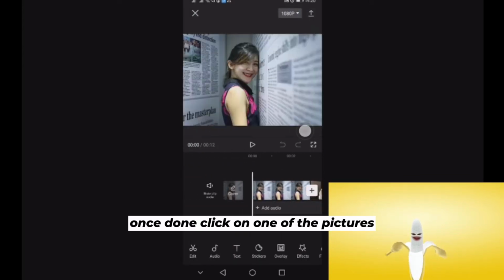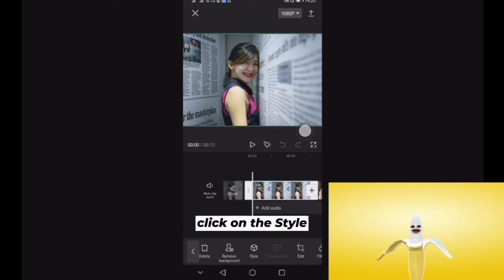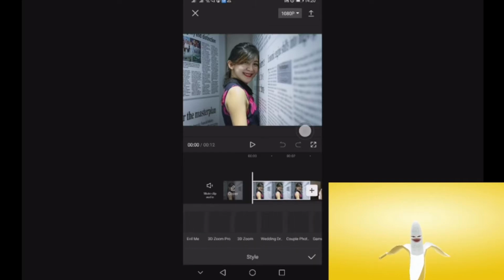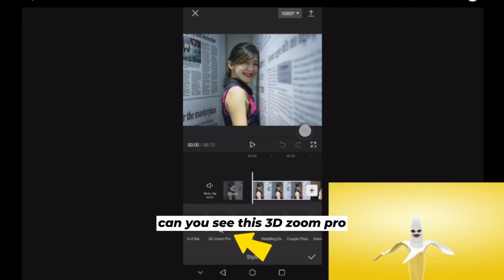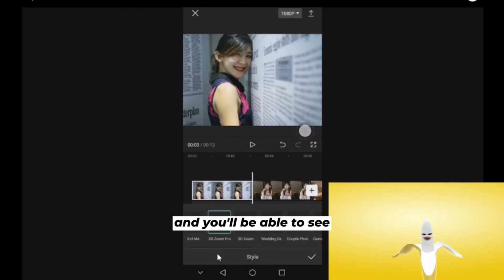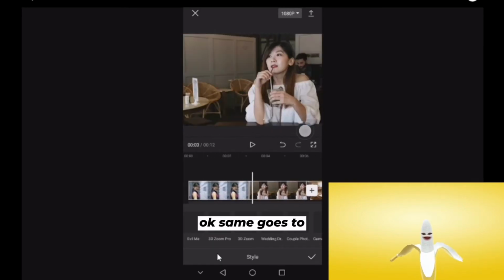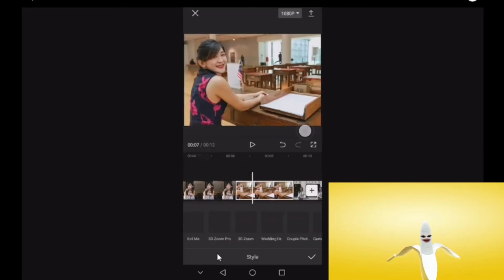Once done, click on one of the pictures, scroll to the left, click on the star, and scroll to the left. Can you see this 3D Zoom Pro? Okay, click on that, wait for a sec, and you will be able to see this. Isn't it cool? Okay, same goes to the second picture, click on that, the third picture,